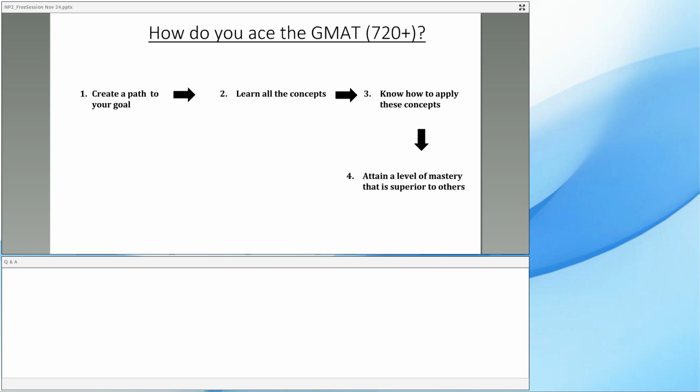As you go through the subject matter portion of this webinar, we're going to expose you to the concepts that you don't really know. We're going to expose you to the gaps in application. And as you fill those gaps, you will reach a level of mastery either during this webinar or after it, in the post-webinar materials. And think of doing that not just for divisibility and remainders, but for every topic on GMAT Quant, every topic on GMAT Verbal, and so on and so forth.